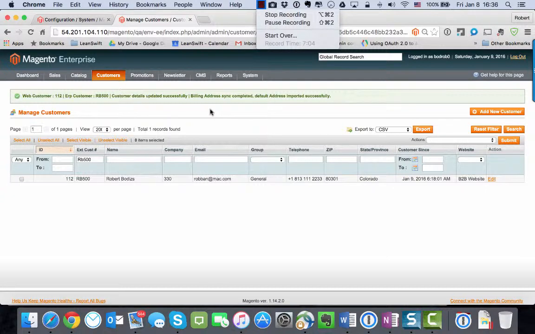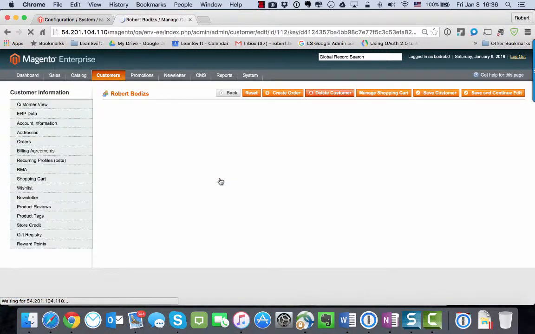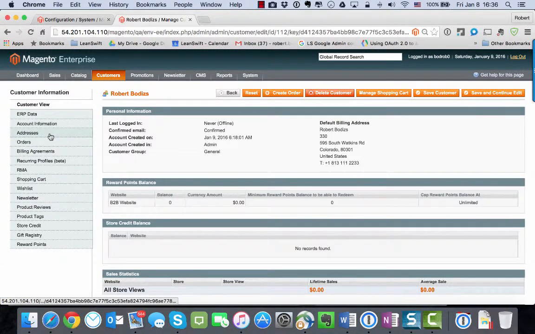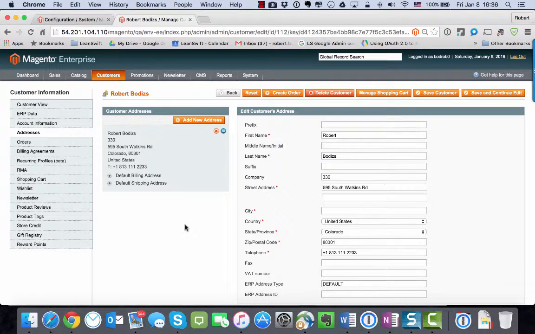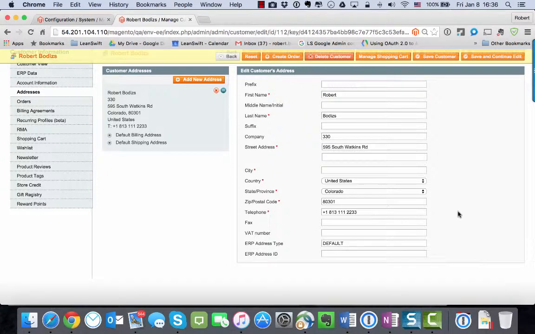And once that's done, we get a confirmation here on the top. I'm going to open up my customer again. We'll move into the addresses. And you see that it brought over that main default address from the customer master, which was my South Watkins Road. At the bottom of the ERP customer's address here, you see 2 fields, ERP address type and address ID,